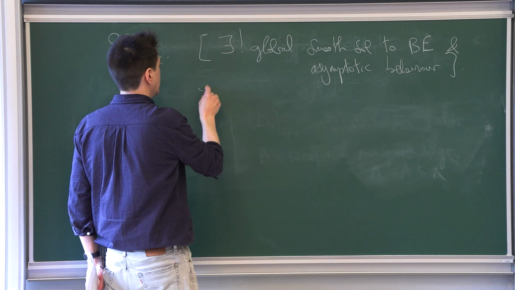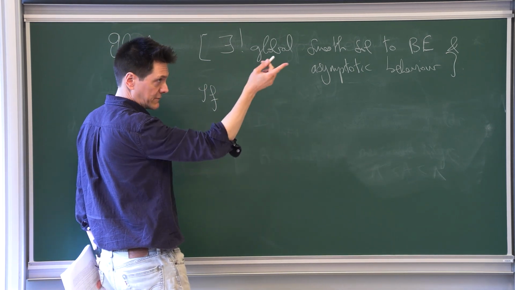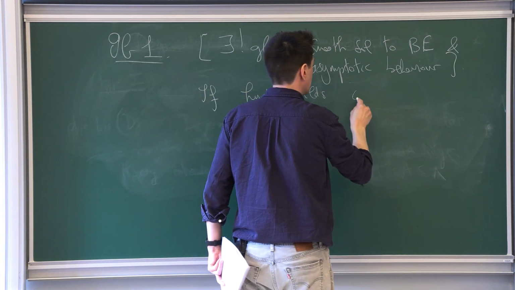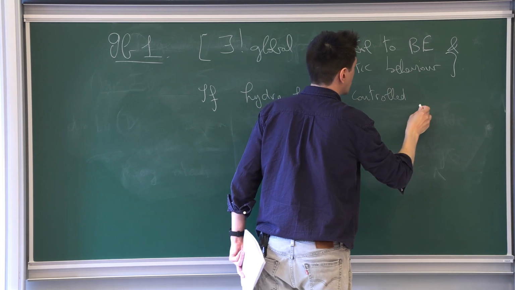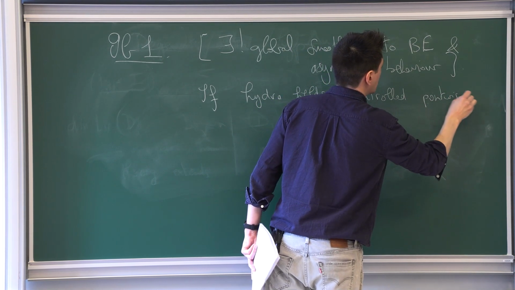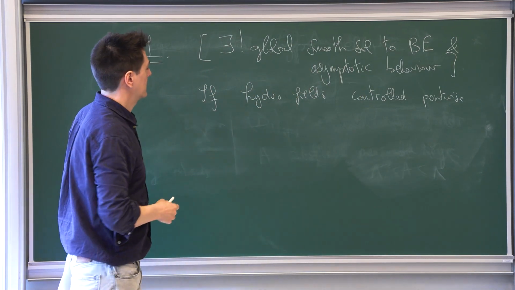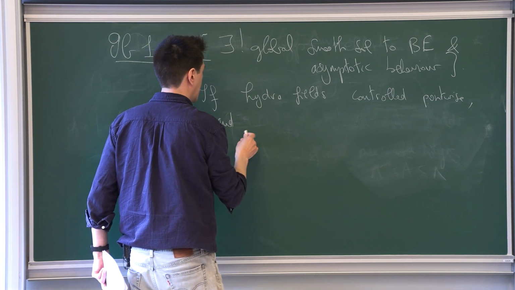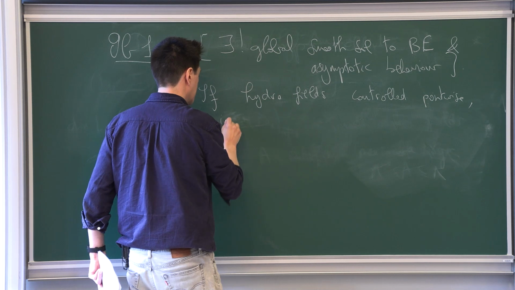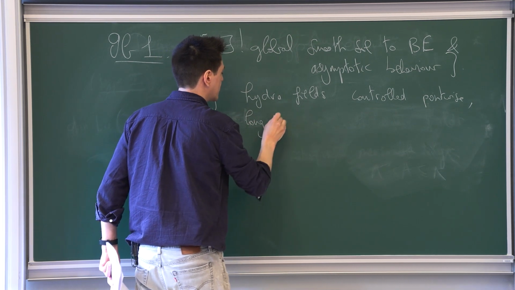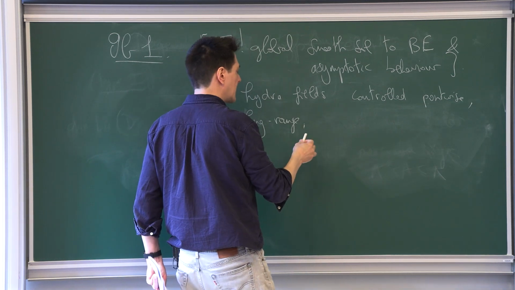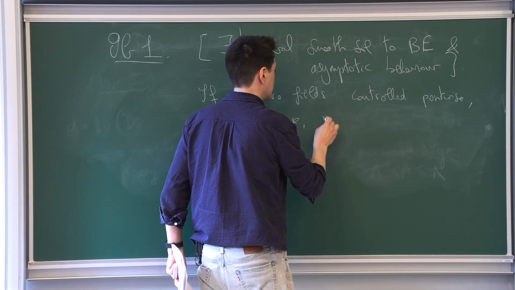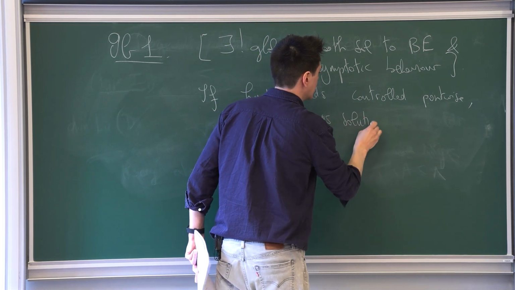Problem 1 is: if the fluid part, so if the hydrodynamic fields are controlled pointwise, meaning everywhere, you assume bounds from above and below as suitable as you need, and we look at the long range case, so the long range case is when we have the little b singular, is it true that the equation is regularizing? Is the solution instantly smooth?